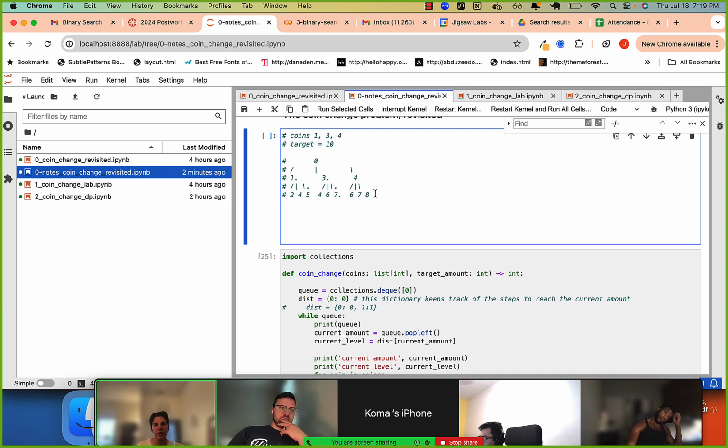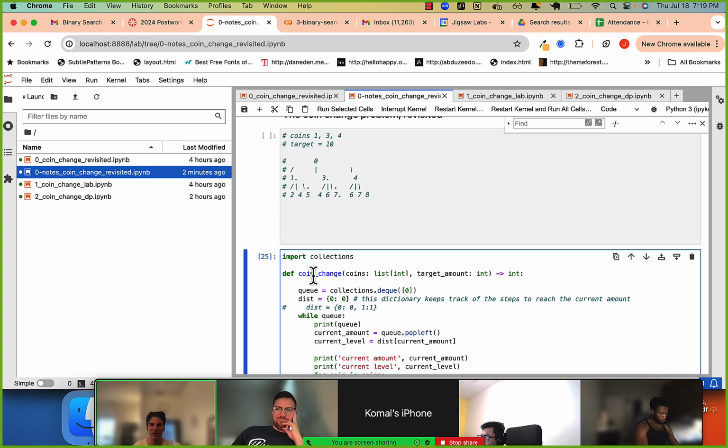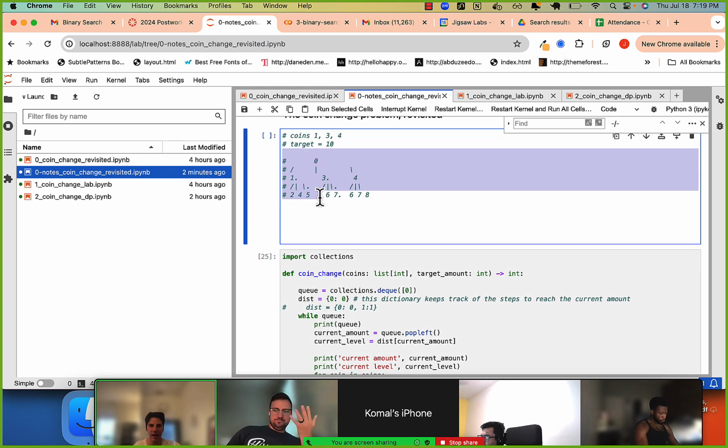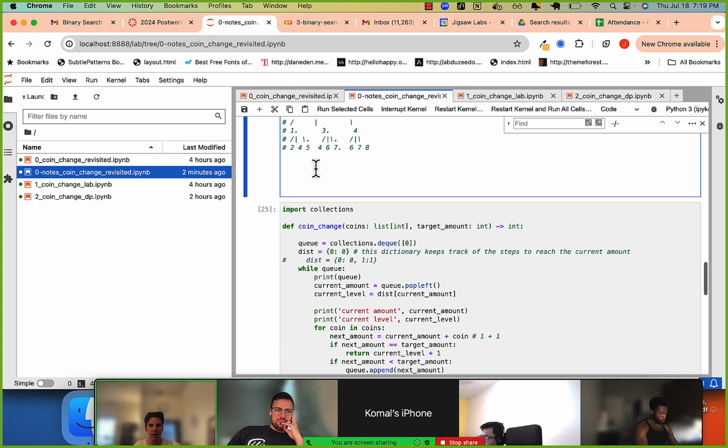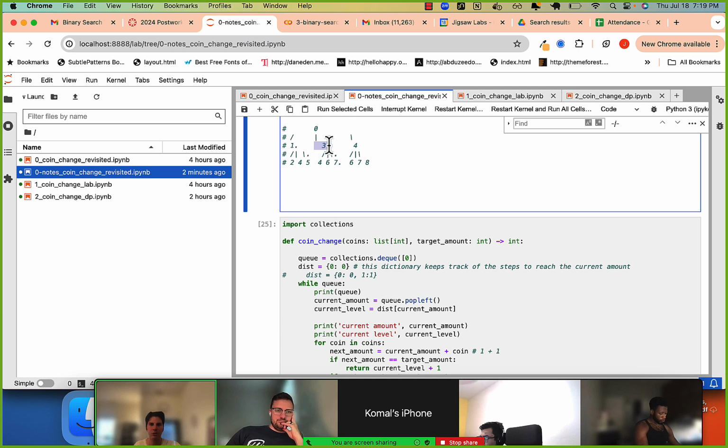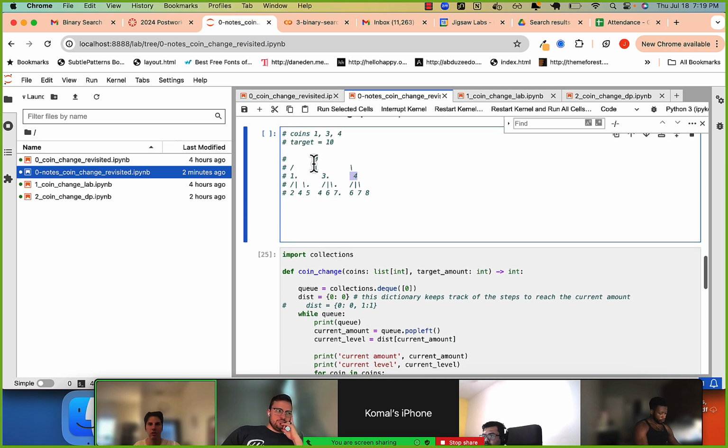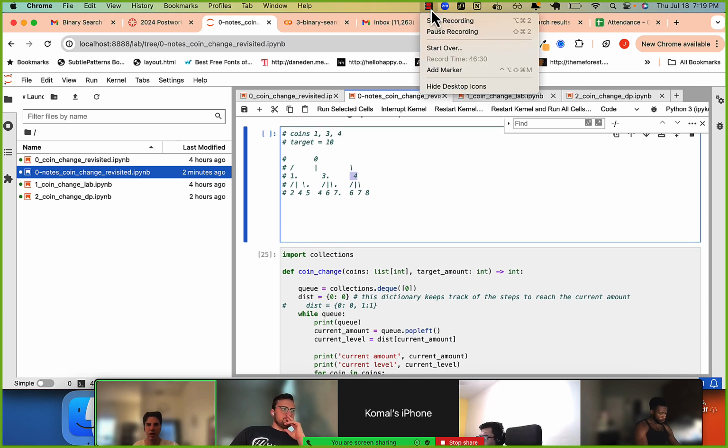Cool. You'll start to see, maybe in a week or so, another similar kind of problem. For me, I saw people saying to use a breadth first search solution, and I'm like, what? How do you use a breadth first search solution with a coin change problem? And this is kind of how: the children are your different options that you can pursue at each level. So if you didn't understand this through the lecture,